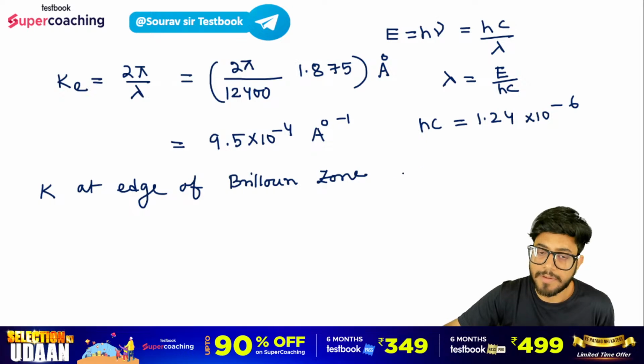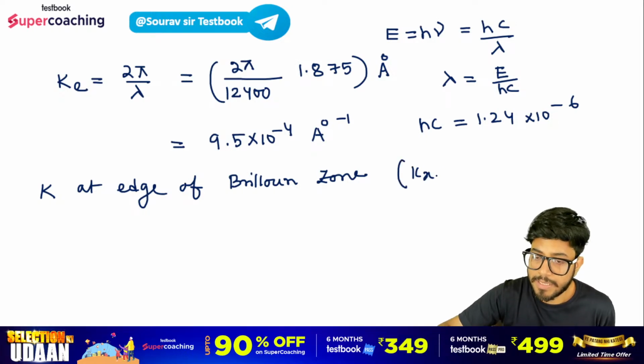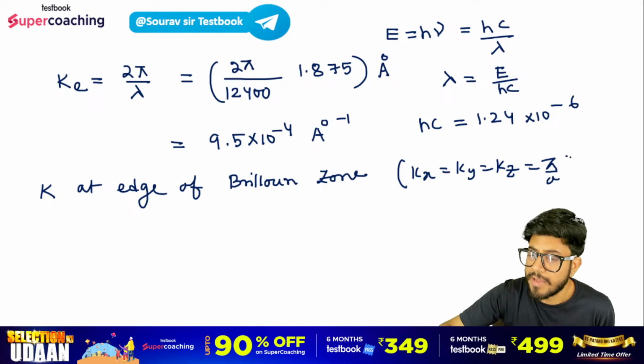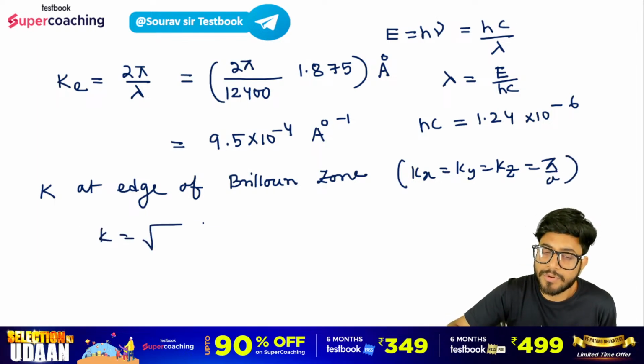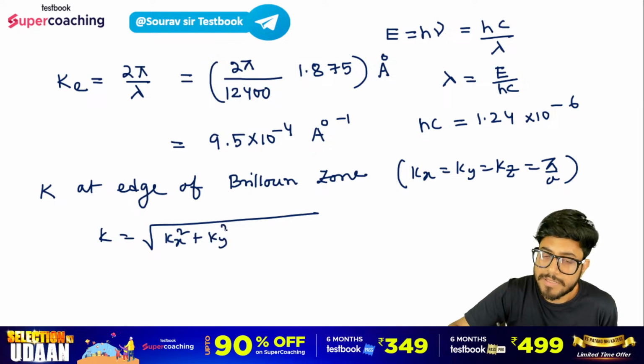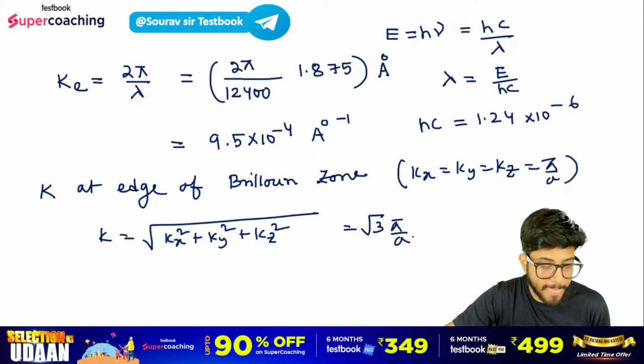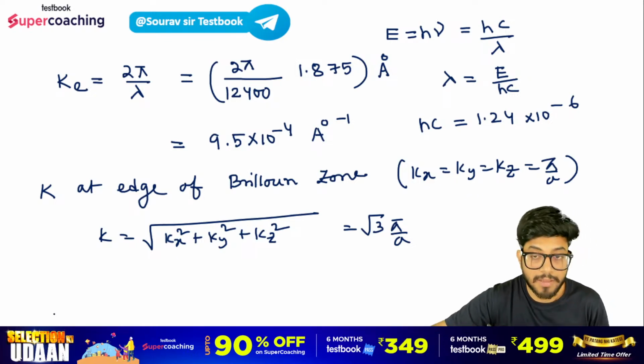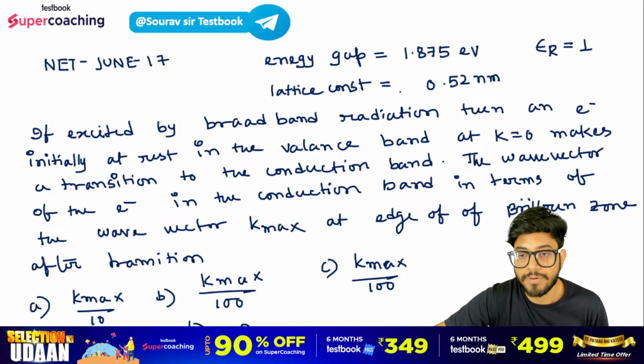बट जब 3D की बात कर रहे हो तब तुम्हारा एज मतलब kx का वैल्यू भी पाई बाई ए है, ky का वैल्यू पाई बाई ए है, kz का वैल्यू पाई बाई ए है, तो kx, ky, kz तीनों ही पाई बाई ए बन जाता है। तो देयरफॉर k का वैल्यू आता है रूट ओवर ऑफ kx स्क्वायर प्लस ky स्क्वायर प्लस kz स्क्वायर, तो ये तुम्हारा आ जाता है रूट 3 into पाई बाई ए। तो ये वाला तुम्हारा आ जाता है रूट 3 into पाई बाई ए का वैल्यू अगर हम लोग लिखे यहाँ पे जस्ट बिकॉज हमारा ए का वैल्यू देखो नैनोमीटर में कहा गया 0.52 नैनोमीटर, राइट।